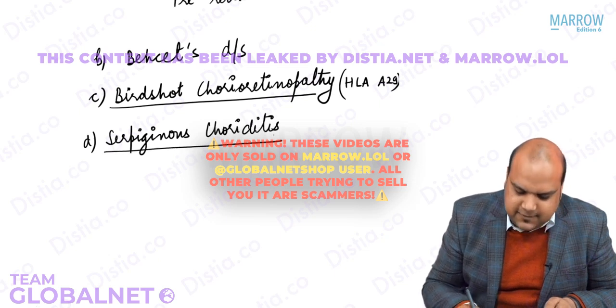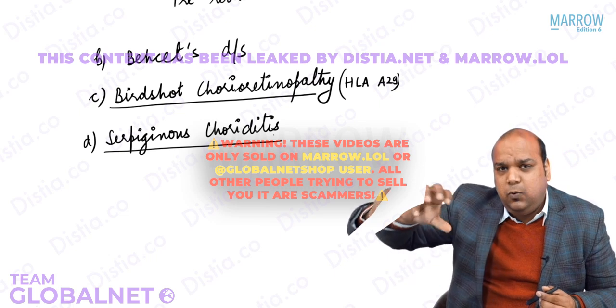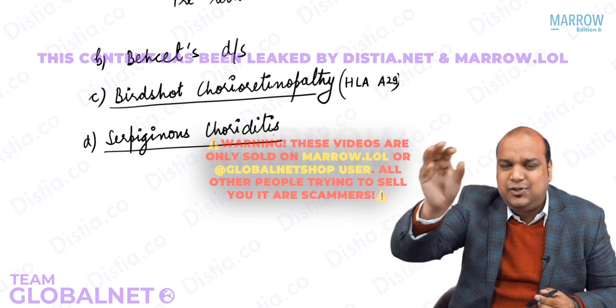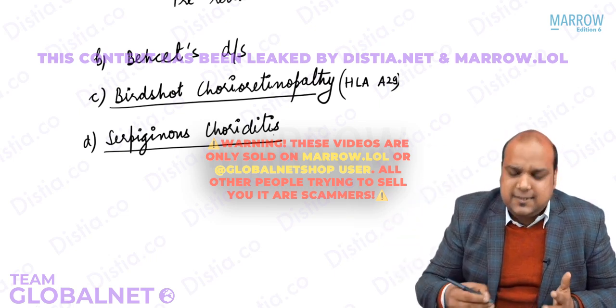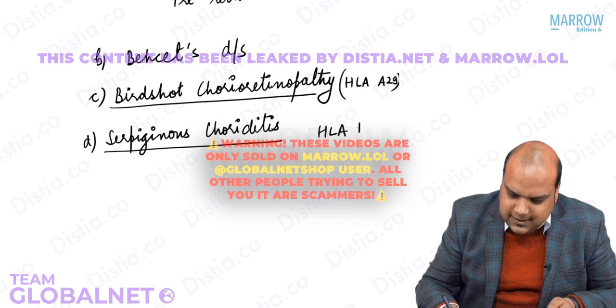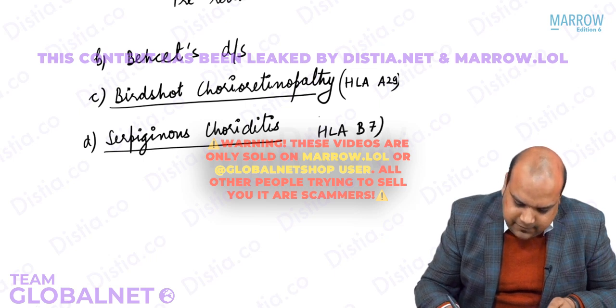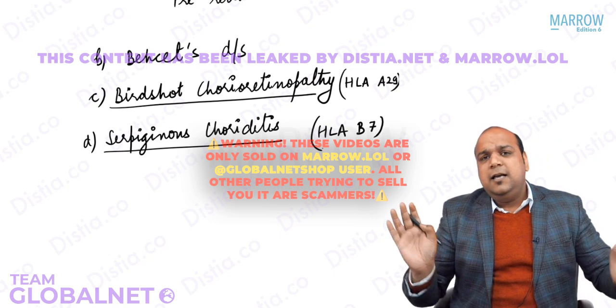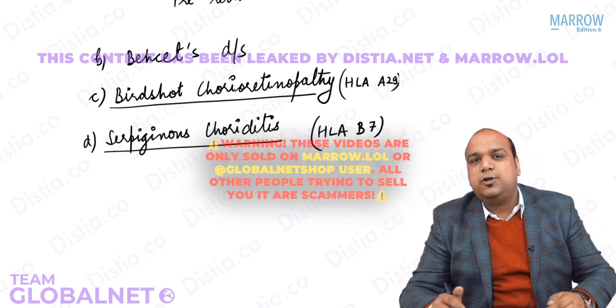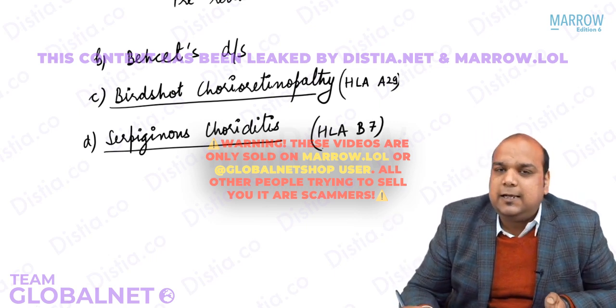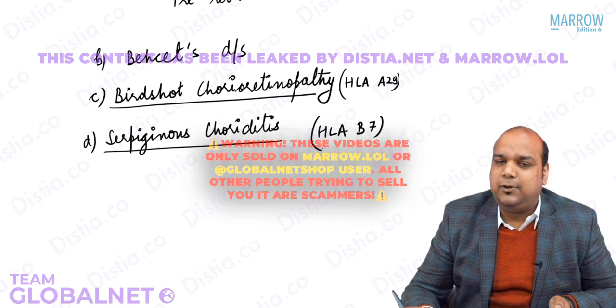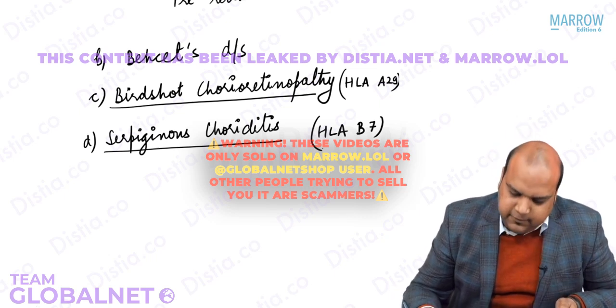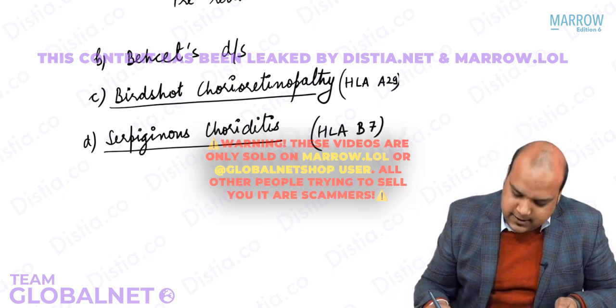In this, the areas affected, the inflammation moves in a serpentine motion, like an S shape. That is why this is known as serpiginous. Again, the important point is that this is HLA-B7 associated. Right, guys, done. These are the important non-infectious causes of posterior uveitis. I hope I am crystal clear about this. Done, guys. Now that we are done with the causes of posterior uveitis,